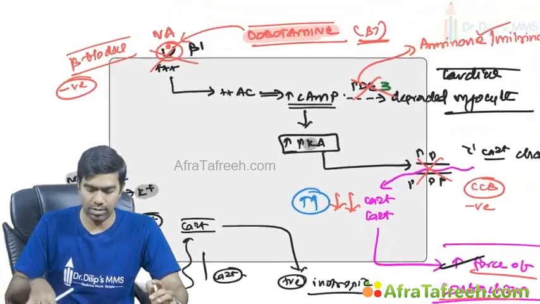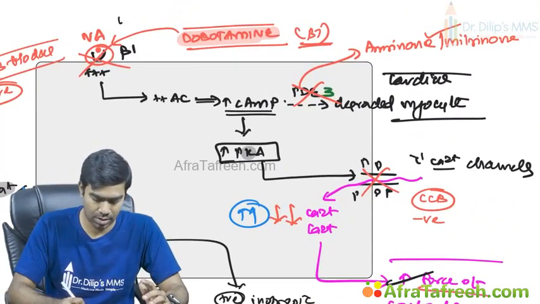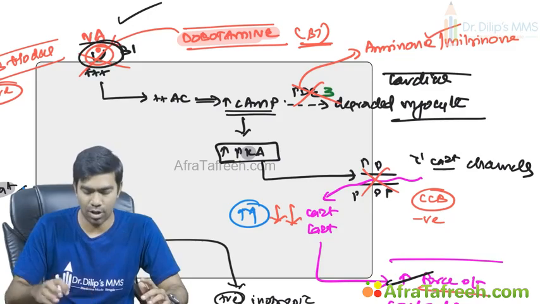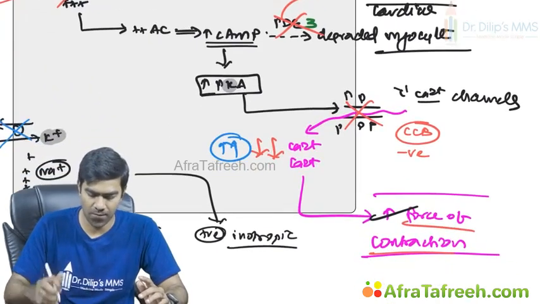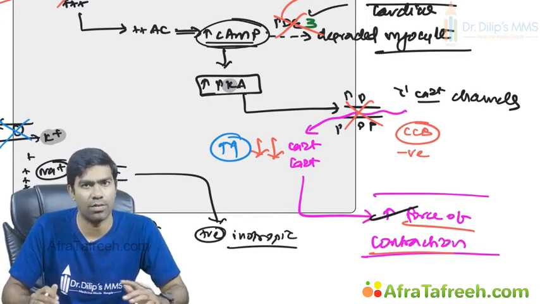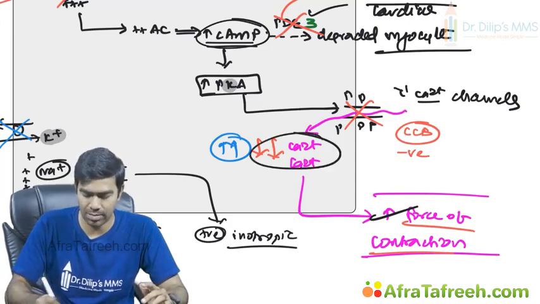So you can see how you can modulate at a ligand level, how you can modulate at the receptor level, or how you can modulate at the second messenger level by modulating the phosphodiesterase, how you can modulate at the third messenger level, that is at the calcium level also. So calcium is often referred to as the third messenger.